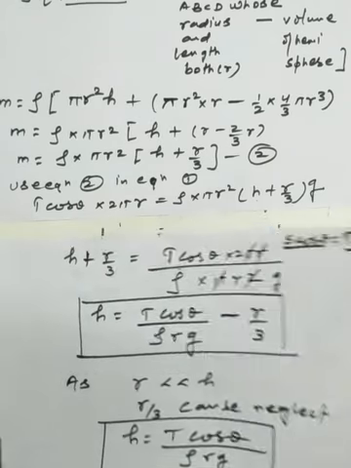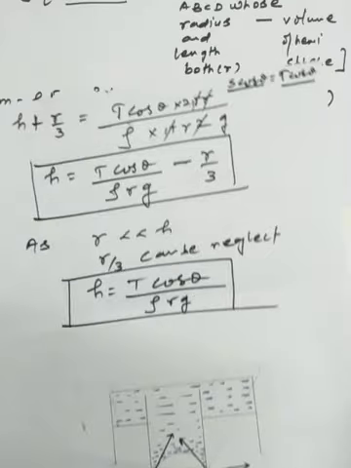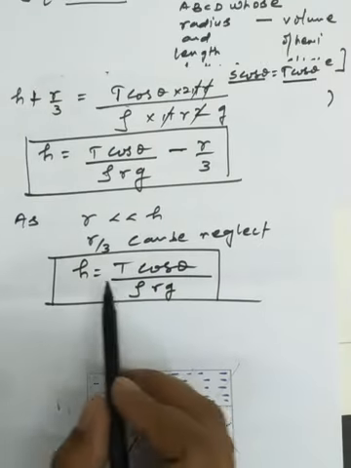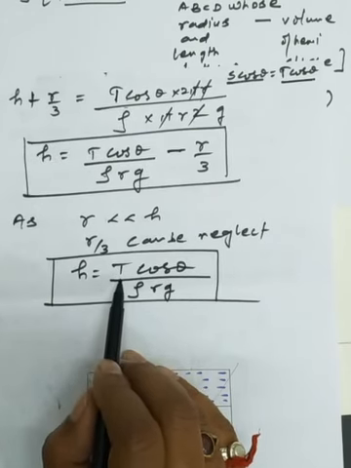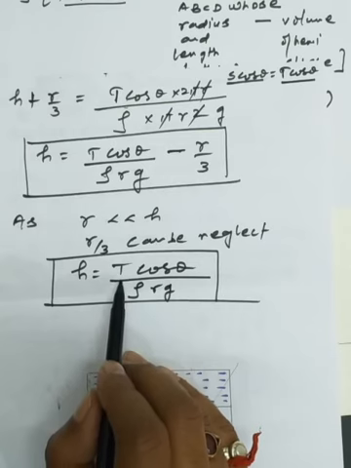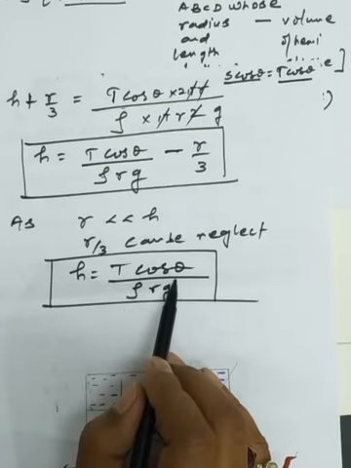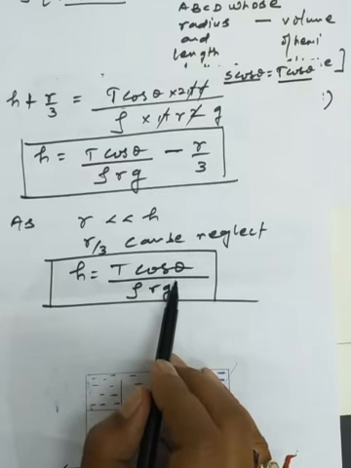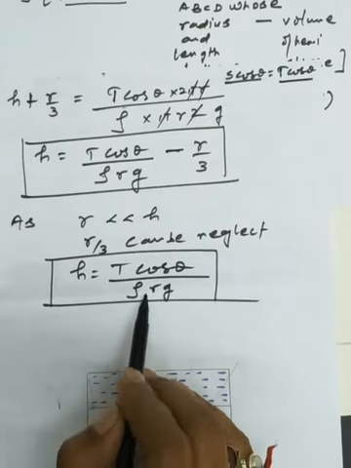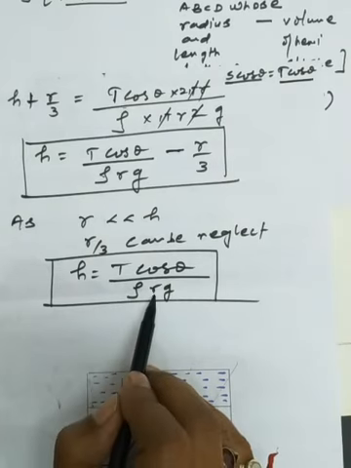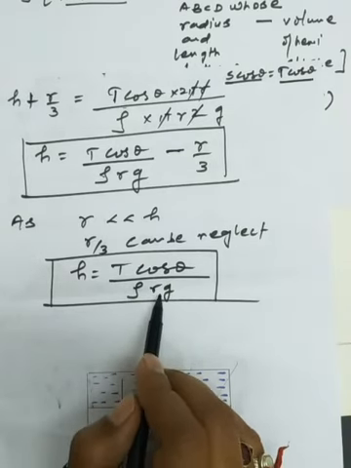By this formula you can make other measurements: h depends upon the surface tension. If the surface tension force is more, the liquid rises up more. But it rises up to a certain limit due to its weight acting in a downward direction. As theta is positive, definitely h is positive, so the liquid rises up. As theta is negative, h is negative, so the liquid falls in capillary action. H is inversely proportional to 1 upon rho, and h is also inversely proportional to the radius of the capillary tube.